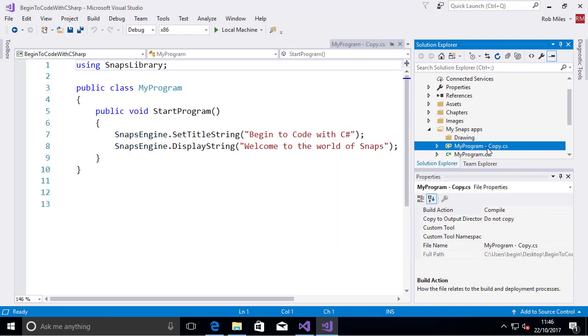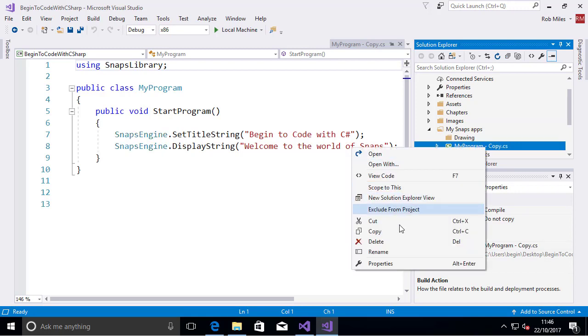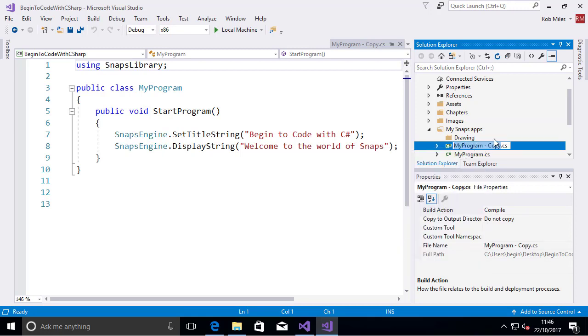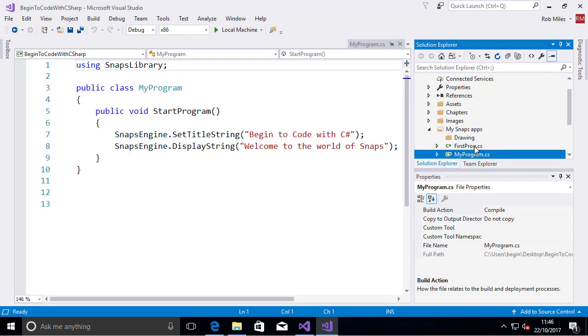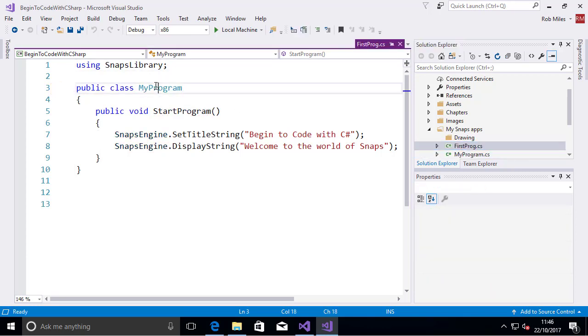It's called copy. I'm going to rename that. I'm going to right click on here and select rename, and I'm going to call it first prog. Like that. Okay, that's called first prog now. Wonderful. Now I'm going to go in here. We've got wavy red lines, which generally speaking means trouble. And the reason why it means trouble is because this name clashes with the name in here. So now I'm going to go in here. I'm going to call this